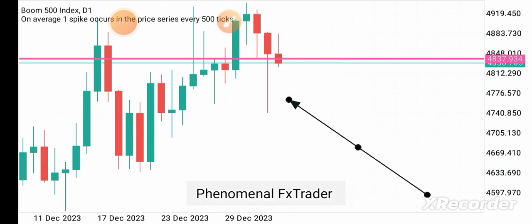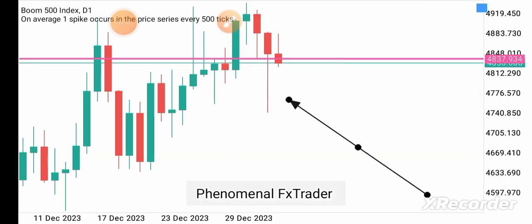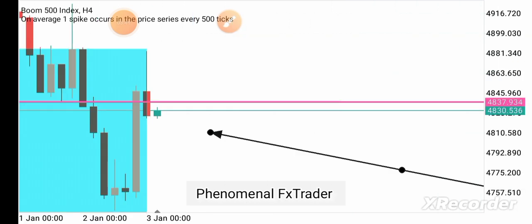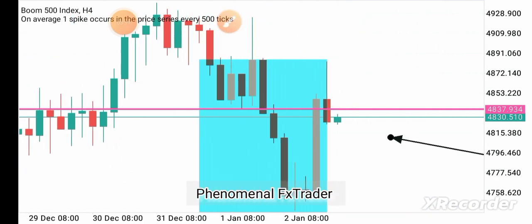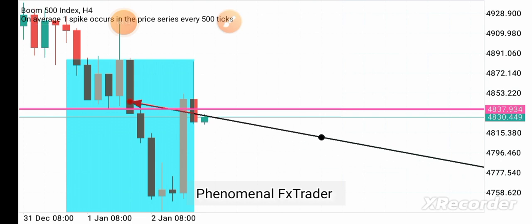All right, so let's go down to the 4-hourly time frame. Let me just mark out this particular candlestick with a box. All right, let's mark it out. Then let's go down to a lower time frame, like the 4-hourly time frame. Alright, so you can see